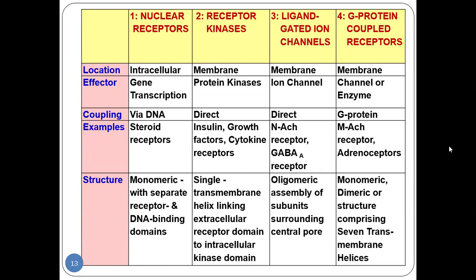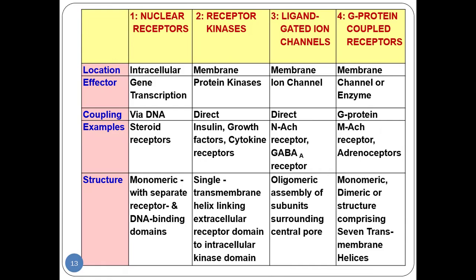Approximately 80% or more than 80% of the drugs show their response through interactions with the receptors. There are some other targets as well, like non-receptor targets, for example enzymes, where drugs can produce the effect by interacting with the enzymes. There are also drugs in the market that can neutralize acid, like antacids. But most of the drugs, as I said, 80%, show their response through interactions with receptors. So what are receptors?